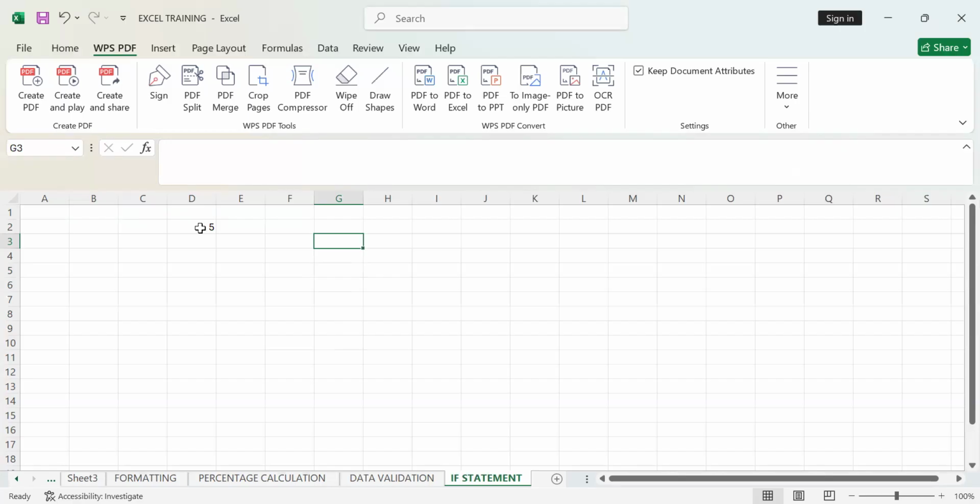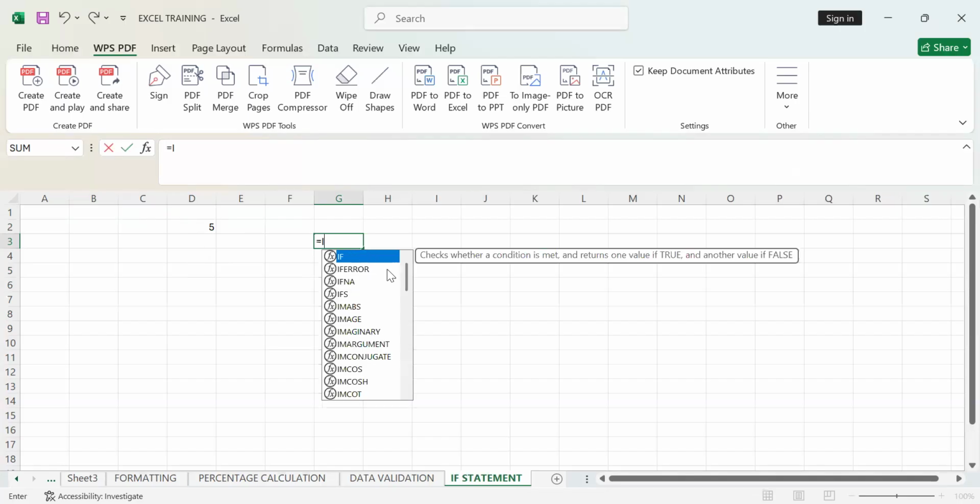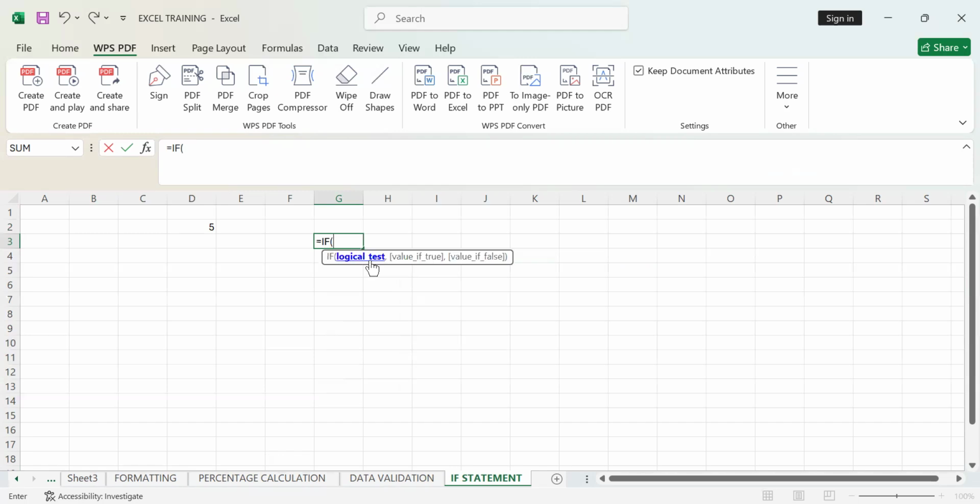If it is not 5, it will tell me no. This is how we say IF. It checks whether a condition is met and returns one value if true and another value if false. So you just say IF, the logical test, comma,